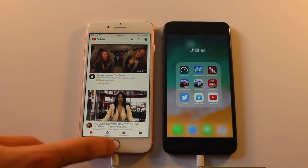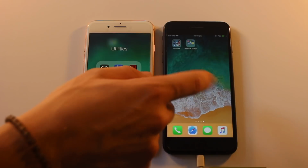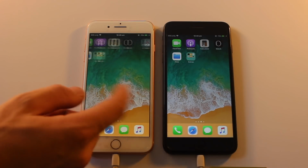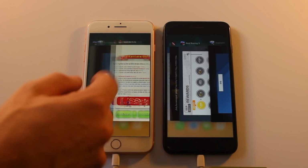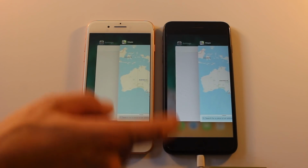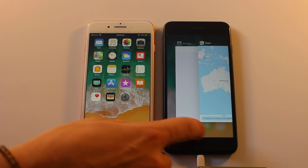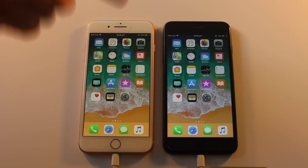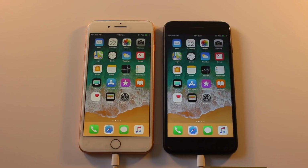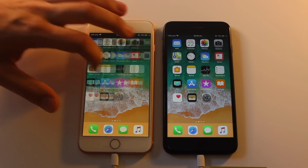So there's actually not much of a difference in terms of opening apps and all that kind of stuff. They are very, very similar. So if I go back here now, and you can swipe through all of it, and all the apps are still in the background here, and they're all opening up exactly the same, to be honest with you. The 7 Plus, 8 Plus, very, very close comparison here. Not much of a difference whatsoever. So if you have a 7 Plus, it's probably not worth upgrading unless you're looking for wireless charging or the new portrait mode in one of the camera features. But apart from that, speed-wise,